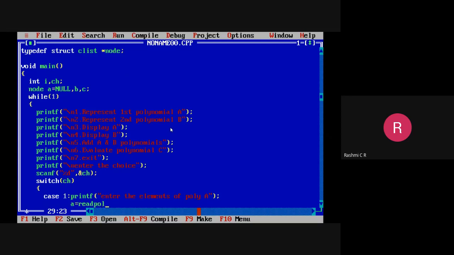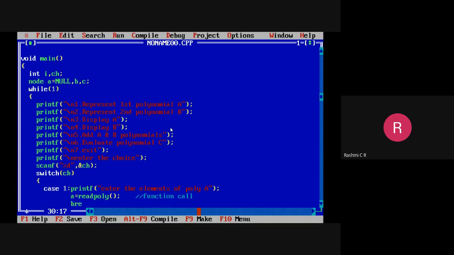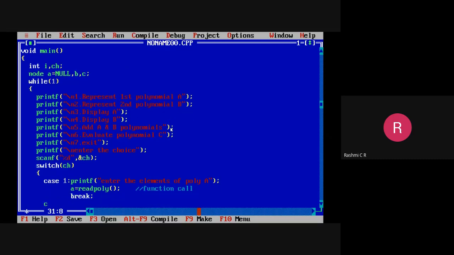So we have to write the function definition for this. Okay, this is read polynomial. It is a function call. Still, we have not written the function definition. Okay, then come out of the program. Similarly, go with the case 2. So case 2 is to read the second polynomial. Enter the terms, all the terms of the second polynomial to be read.